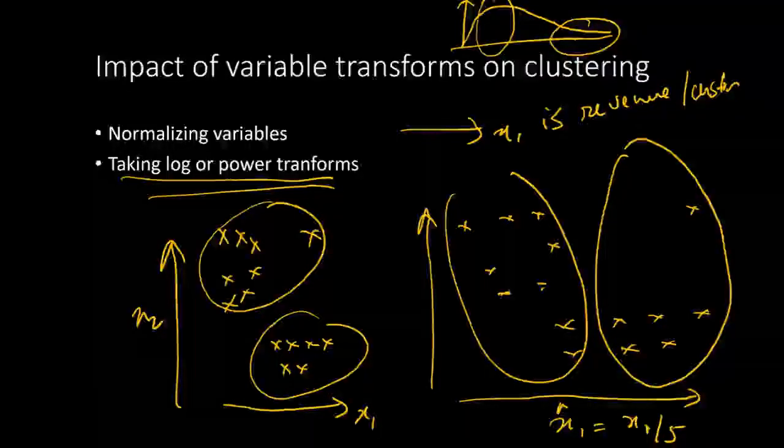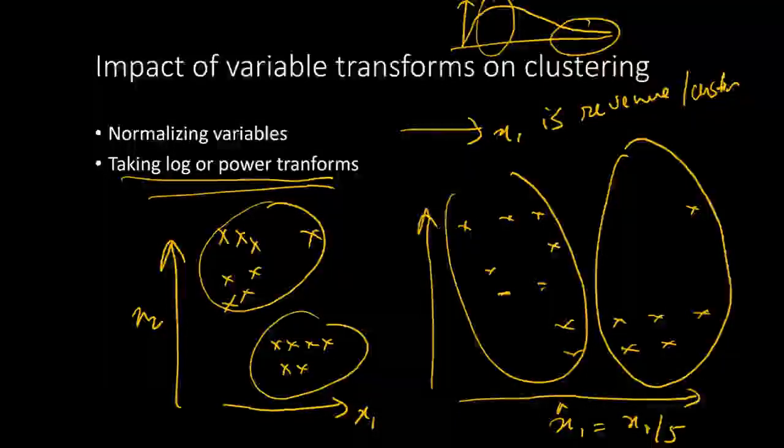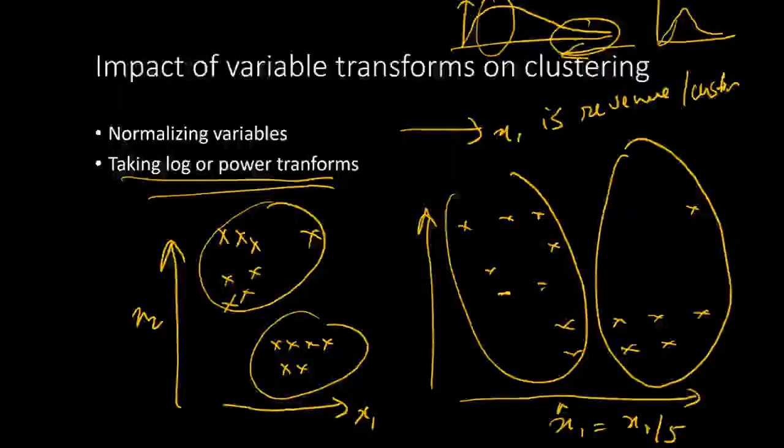This tail skew towards the right violates the assumption of isotropy in both directions of x1. The hyperspheres that we had in k-means were isotropic, but this violates that assumption. Whereas if we take the log transform, we are going to compress the higher values, and it might transform into something that looks more like a Gaussian. So taking transforms of variables is quite important.